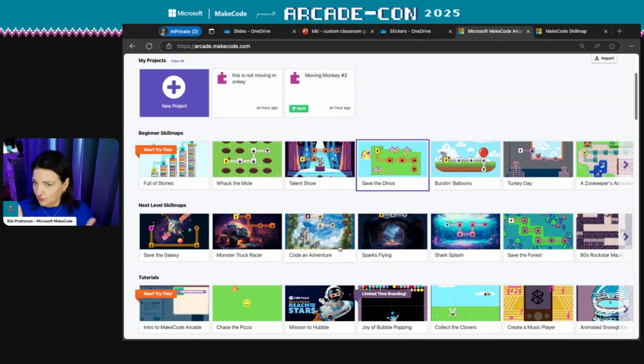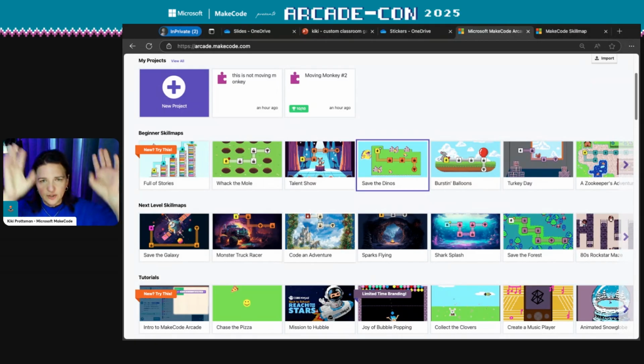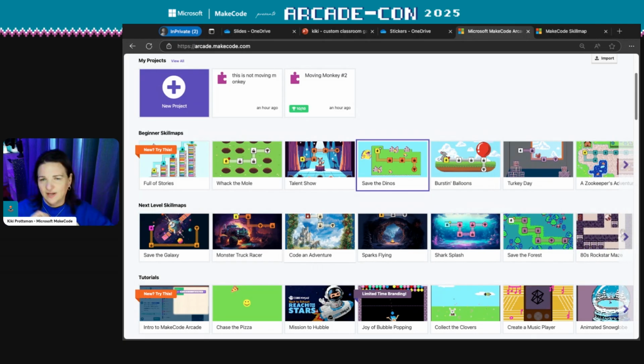Also, if you are a little adventurous, and by that I mean willing to learn more about things like functions and conditionals, some more hefty concepts, then Code and Adventure is a great story game. It has that kind of choose your own adventure feel. So you write your story and then you can split them depending on if they say this, they go this way, and if you say that, they go that way. That's great to use for both the history, English, any kind of story-driven game.